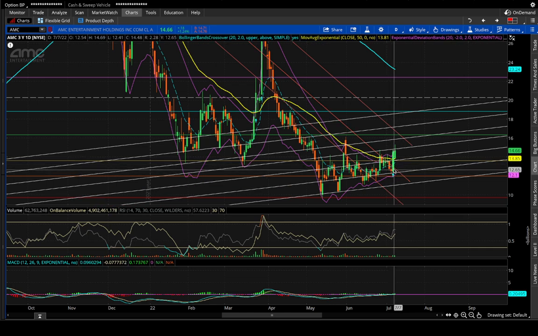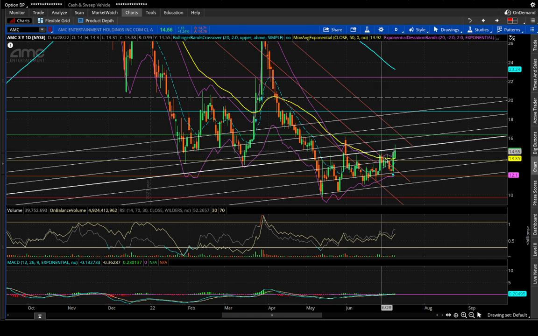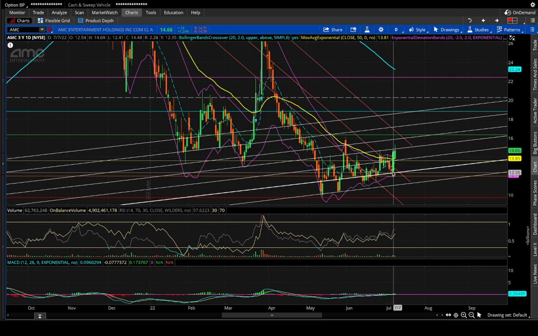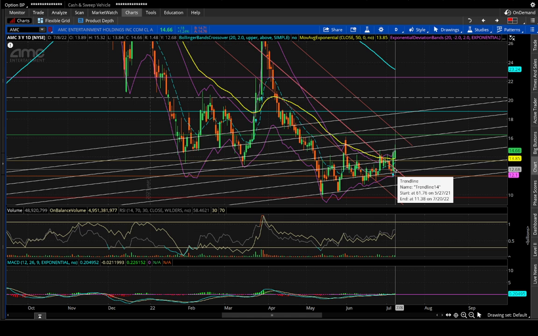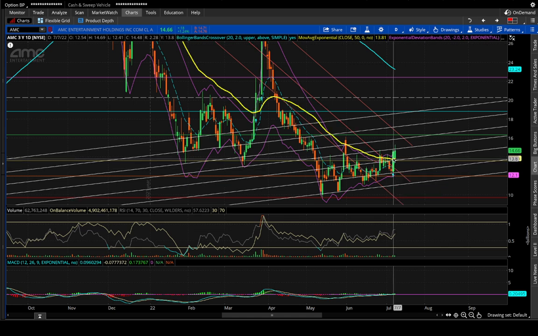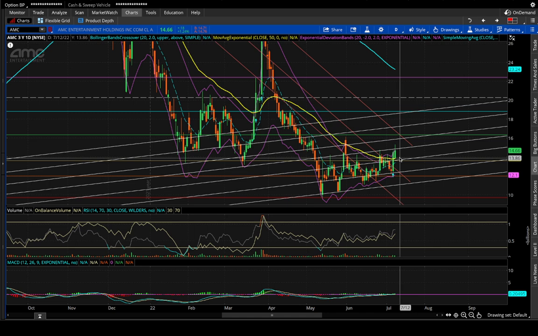The significance here, though, is that we went up, tested this, went all the way back down and retested the breakout zone, and then came back up, and we actually broke not only the standard deviation line, but the regression line and the 50 EMA, all on 7/7, so that would have been Thursday. Then we got that nasty push down in the after hours from the Gamestop news, but we held that 14 mark, which was just honestly extremely bullish.